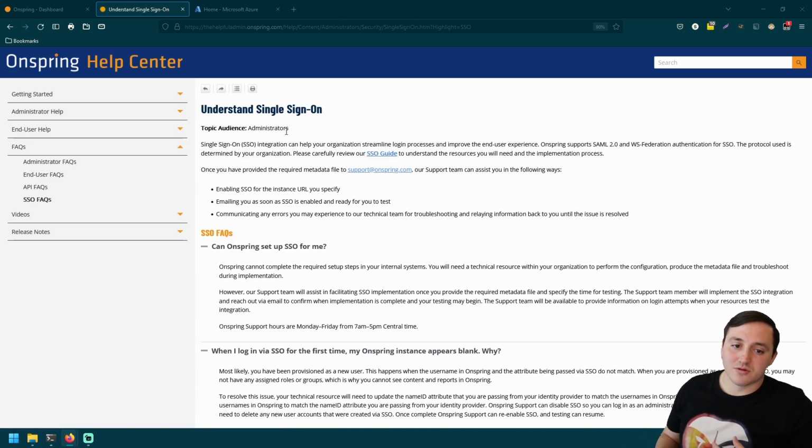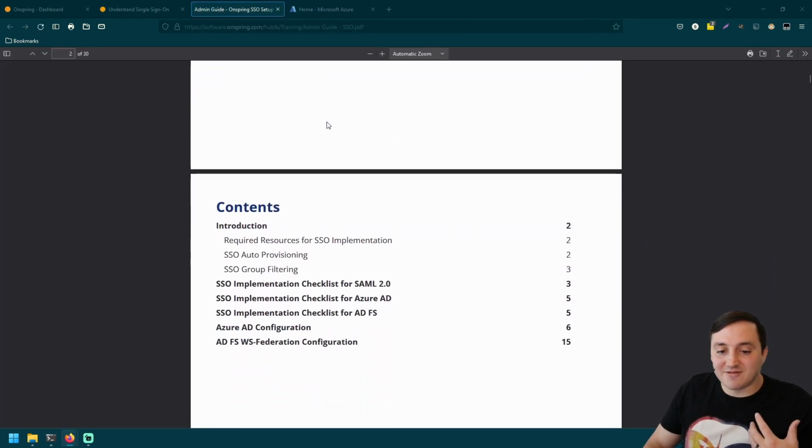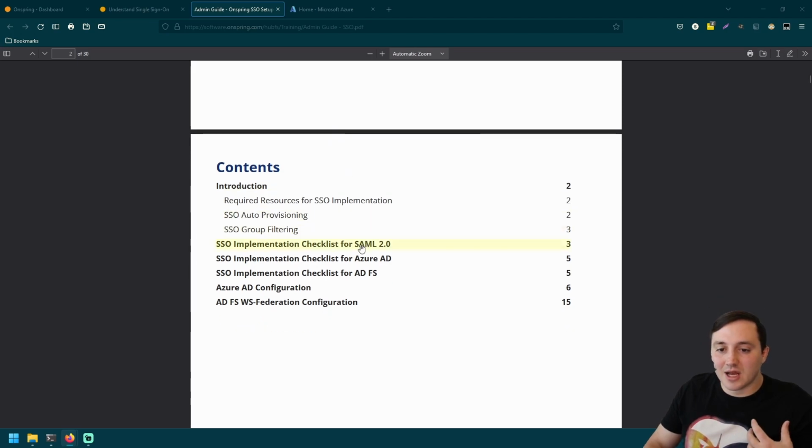It walks you through the process and what's needed, and if you're the Onspring admin but maybe not the person who oversees or has control of the IDP, it gives that person an overview of the process and what they need. There's also a really helpful SSO guide, which gives you a checklist of how to set this up for SAML and for Azure AD. If you're using something more like legacy infrastructure, like Active Directory Federation Services, or if you want to use WS-Fed, it walks you through